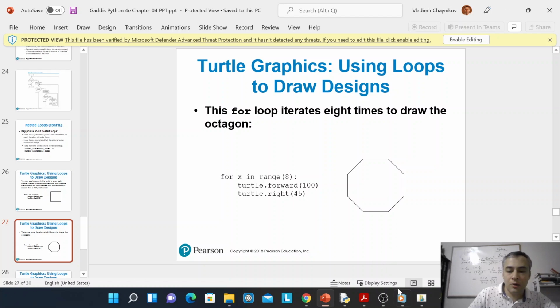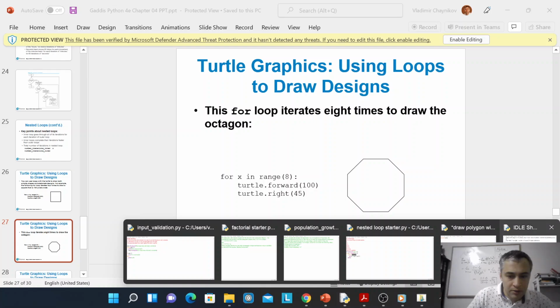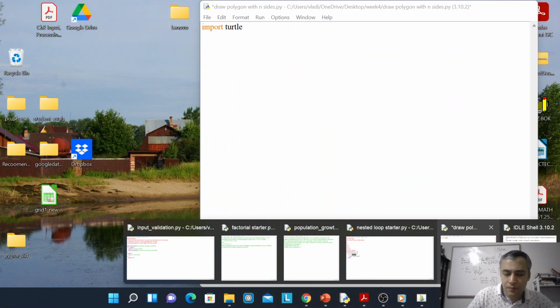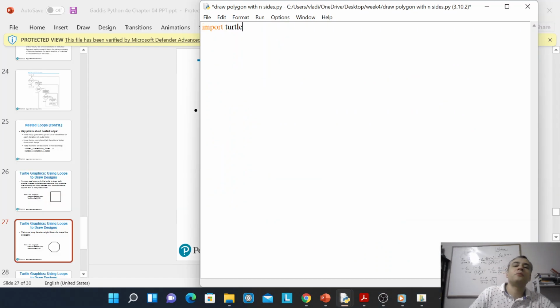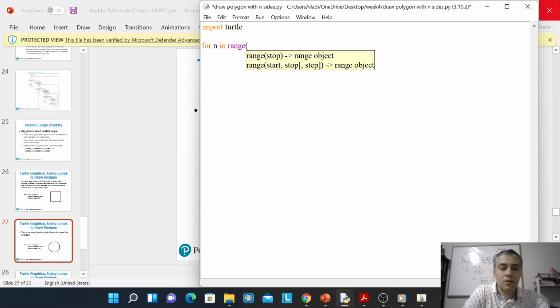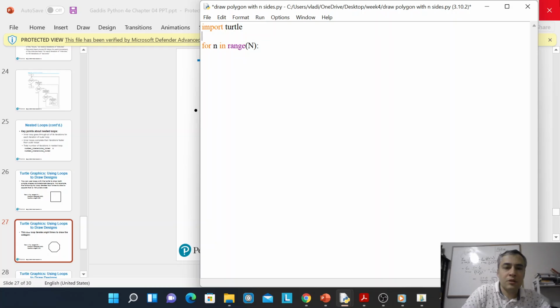Okay, let us actually look at the program. Where is my draw a polygon program? So when working with turtle, the first line is import turtle, and I'm going to do the octagon first. I'm going to call it capital N for future purposes, and for now my N is just 8. For in range N, so turtle